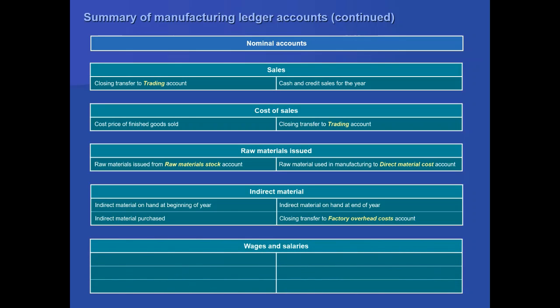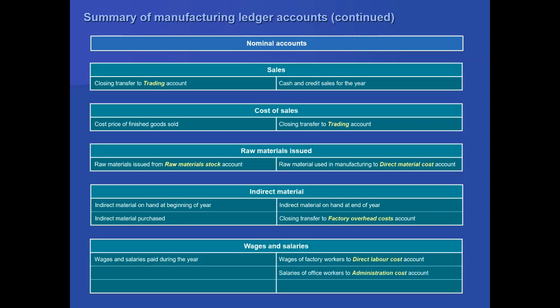Wages and salary, another nominal account, and it should be an expense. So expenses increase on the debit side. On the debit side, we have all the wages and salaries paid during the year. Then we know some of these salaries and wages are for direct labor, so we need to transfer that to our direct labor cost